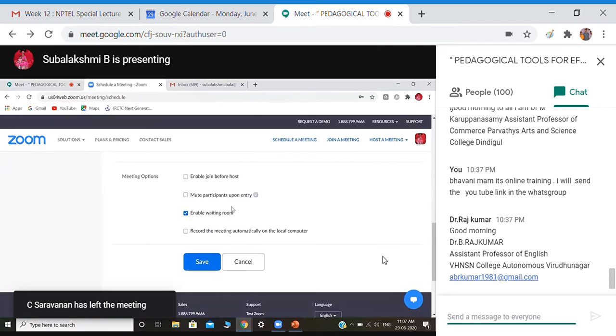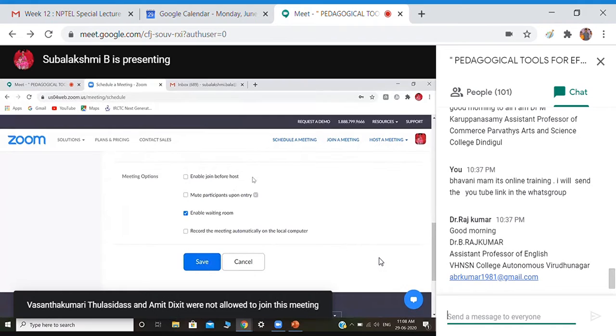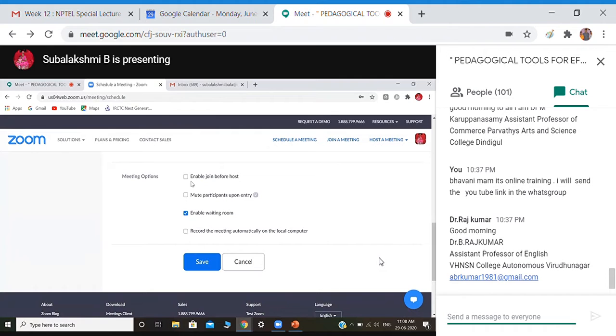And next, the meeting options. The first you can see is enable join before host. So if you want your participants to join the meeting before you join, you can select this option. For example, what we do in our classes, students will be waiting in the class and then the staff will go and join the class. Or if you are conducting a webinar, you may want to join the meeting room first and then admit the participants, so you can disable the option based on your preference. If you select it, the participants will automatically join the meeting room before you join. It is better to disable this option.